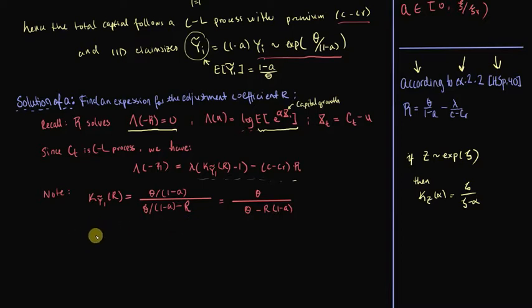And in effect, when we subtract the 1, we can see that nice things will happen. So let's just continue our calculations. Hence, we require that lambda multiplied by theta divided by theta minus R multiplied by 1 minus a